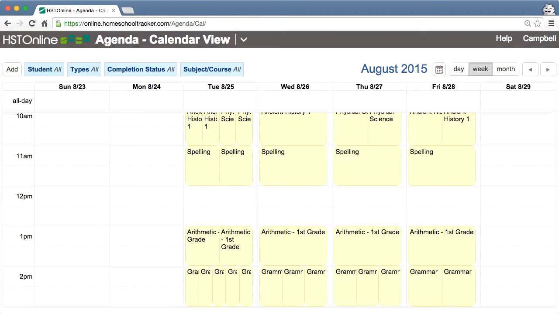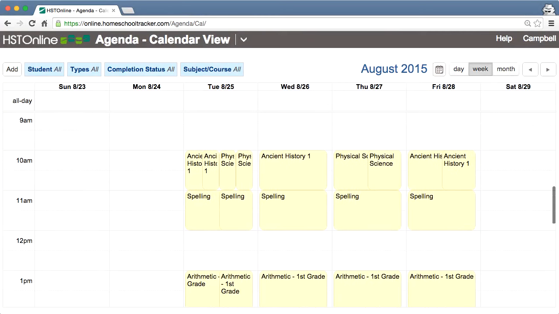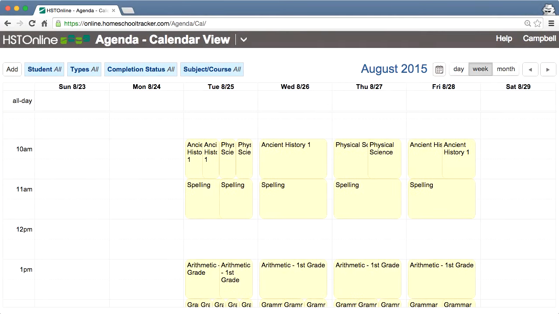So it's kind of like a read-only mode, and I'm trying to click and drag. I can't reschedule these right now. So that's a great way, if you want your student to be able to log in, but not be able to edit things. And this kind of goes with a lot of the paradigms that we used when creating Homeschool